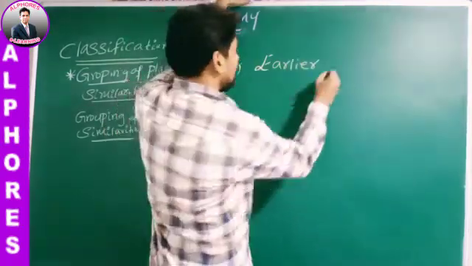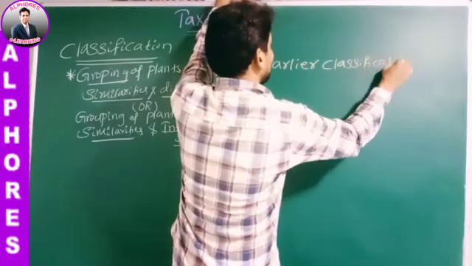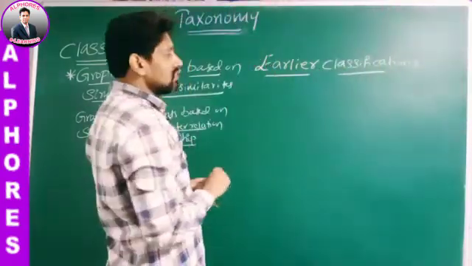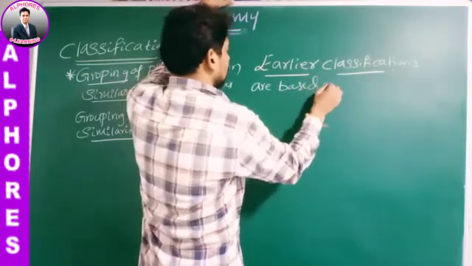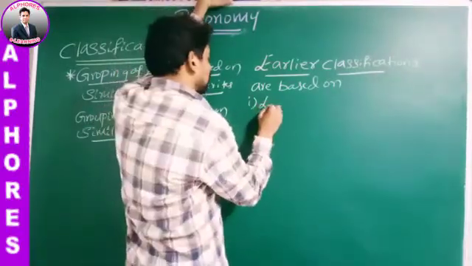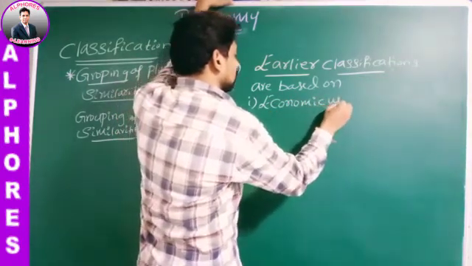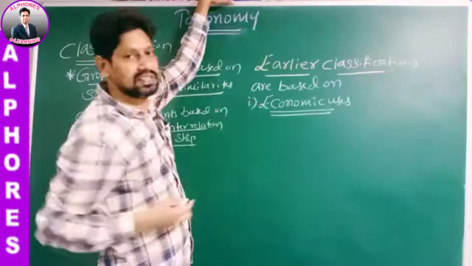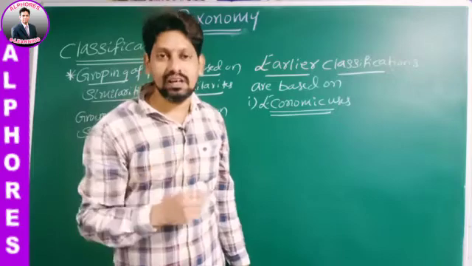Earlier classifications means classifications in earlier days. These earlier classifications are based on, number 1, economic uses. Based on economic uses, organisms are classified into cereals,